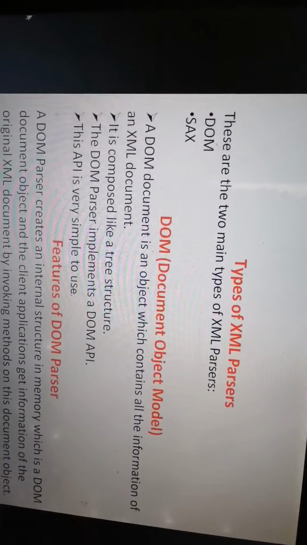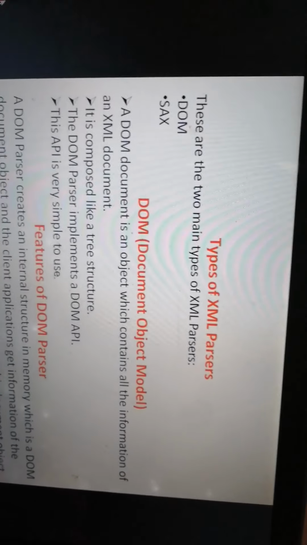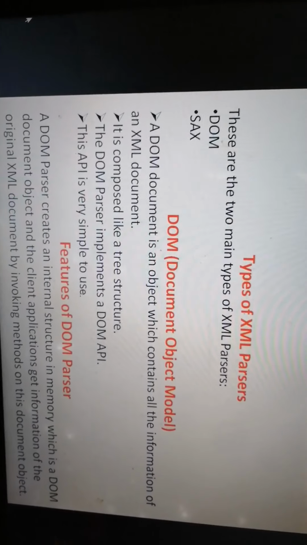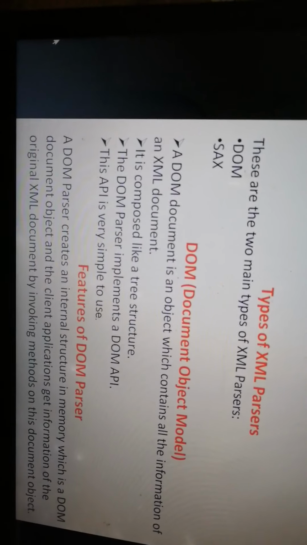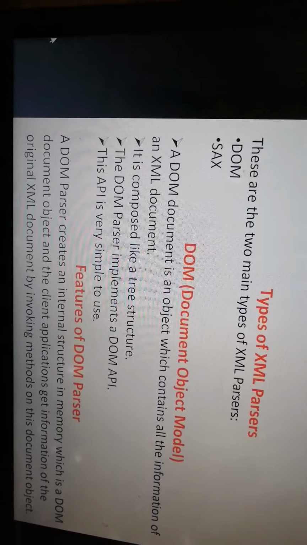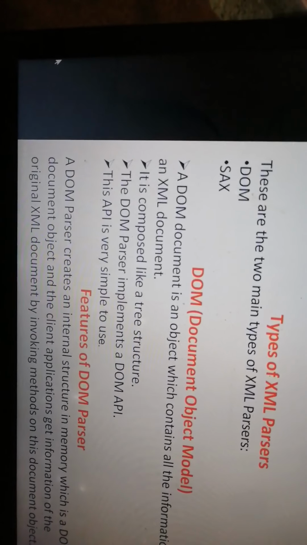Before these two parsers, we had been discussing how to create an XML file with user-defined tags, representing the doc type, elements and child elements.